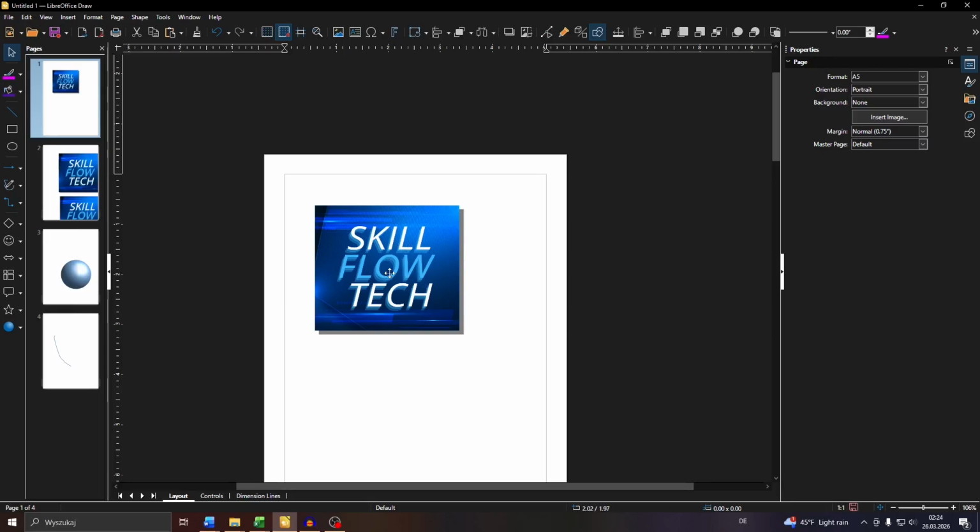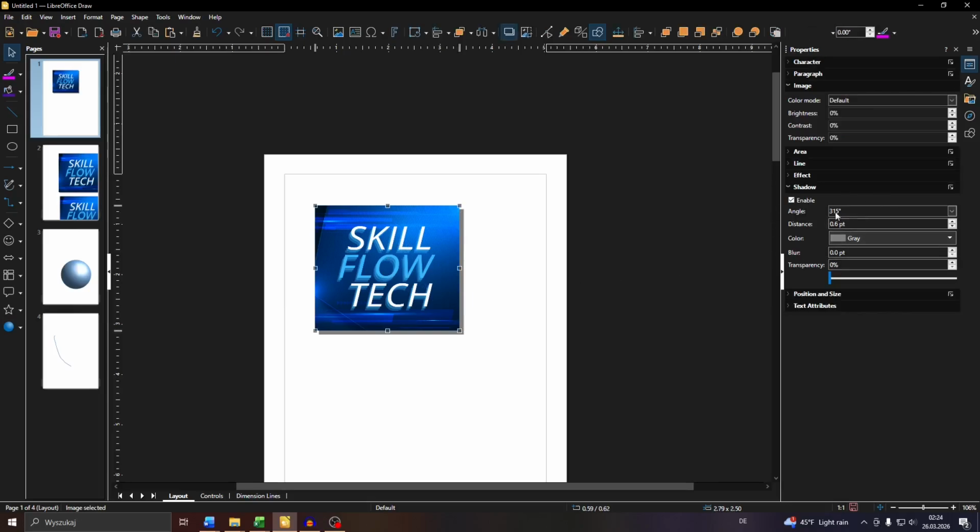Now you can customize that by left clicking into the image. You will be redirected to the Shadow tab here. So guys, below the enable check mark you will see the angle. You may customize that and see which angle of the shadow effect you like. I will go with 315 degrees. You may customize or adjust the distance of the shadow to the object or to the image,